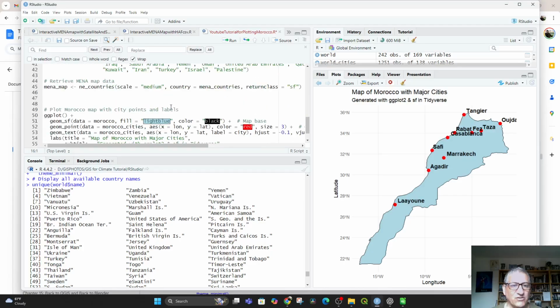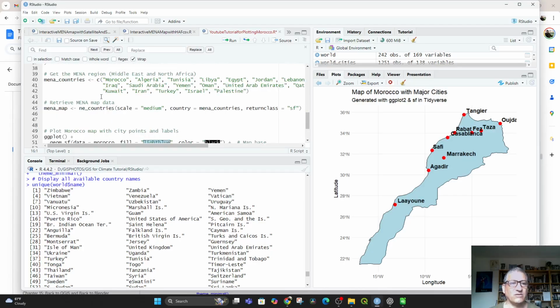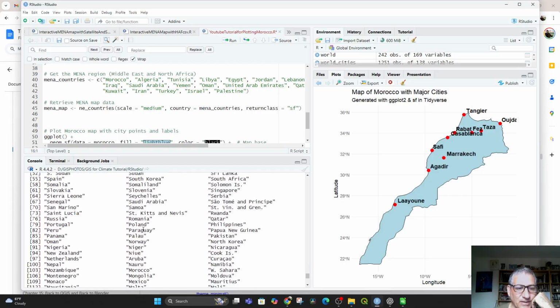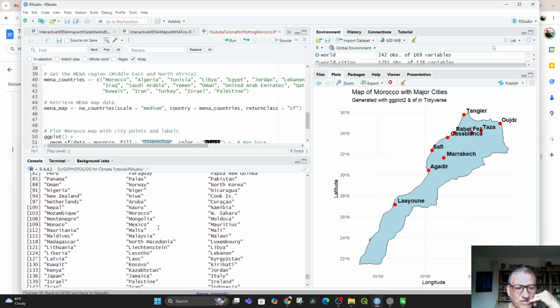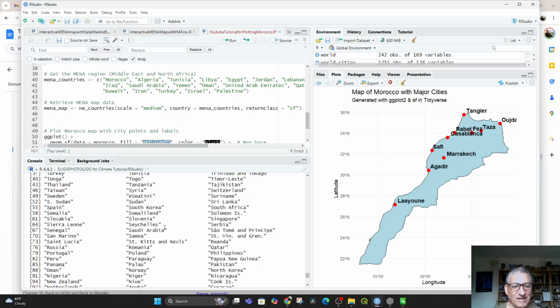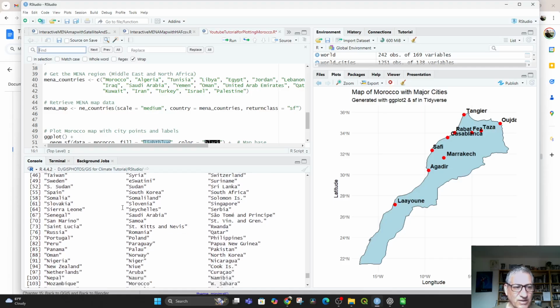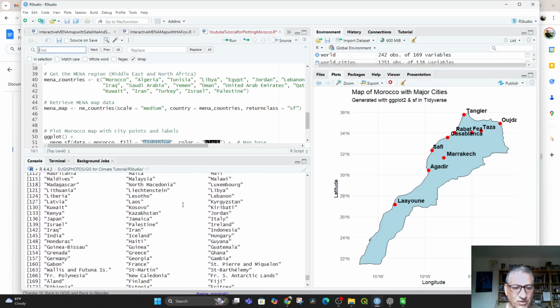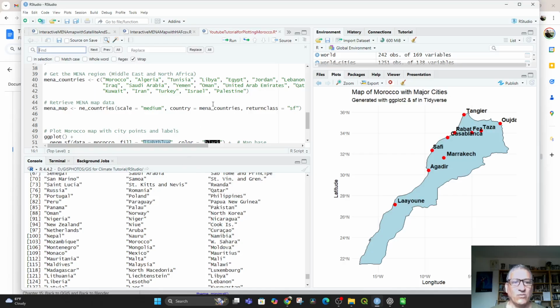From running that, that's what we're using for our definition. We're saying that the MENA countries are, and we're picking these ourselves. So what if I want to put Spain in? Then I should have that ability to put in Spain, if Spain is in here. Like I say, I wish that you could actually search through here, but you can't. So you've got to look through to make sure it's written right, but I'm pretty sure that it's just going to be Spain